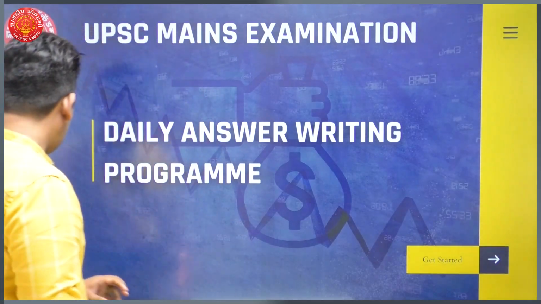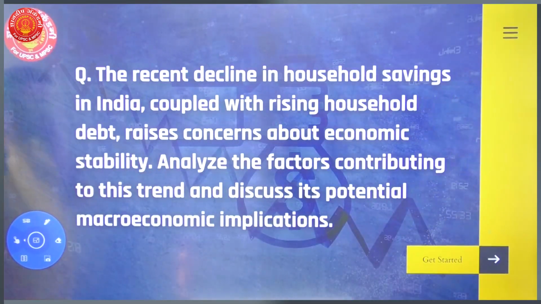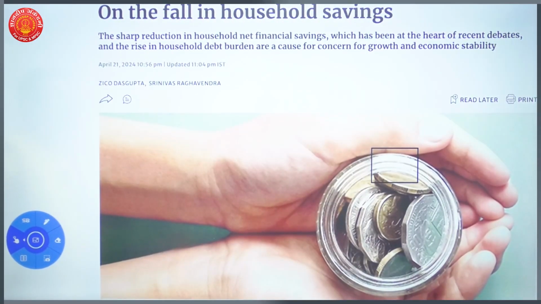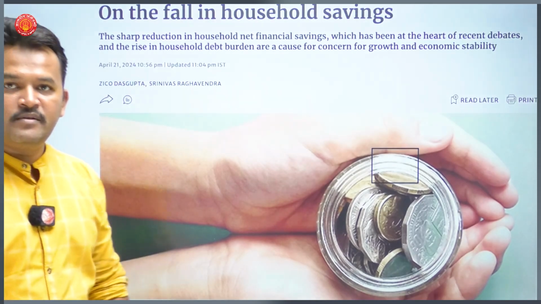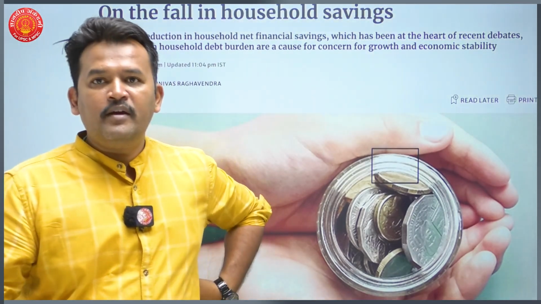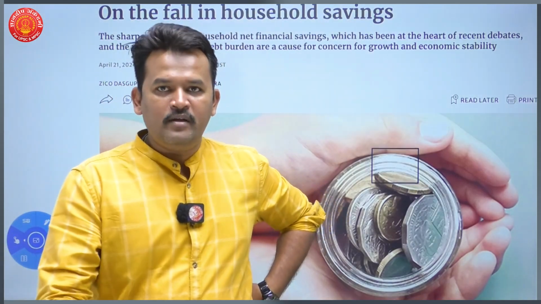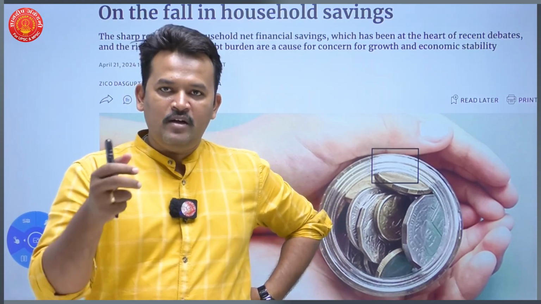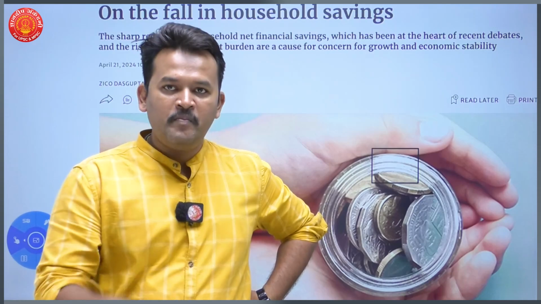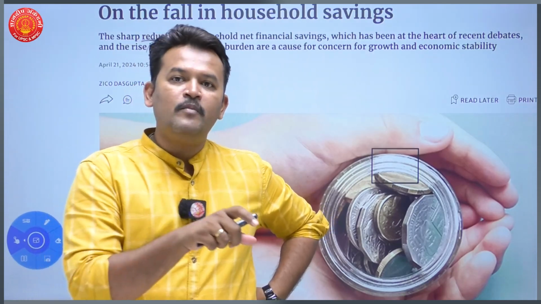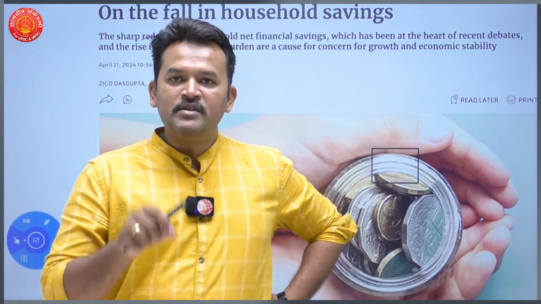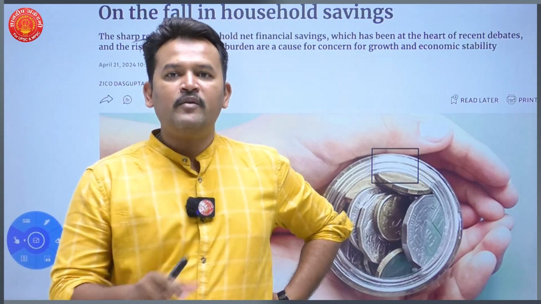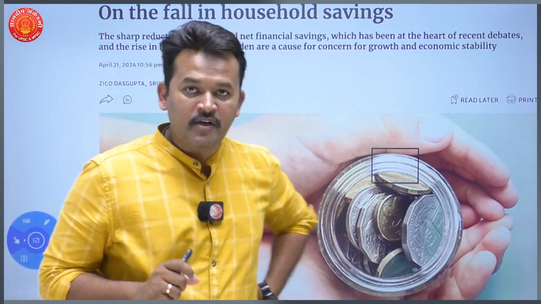Today we are going to discuss one interesting question. The Hindu has published one article, right? In this article, they are discussing the decline in household savings. In this particular article, they have shown the data of RBI. RBI recently published data on household savings, in which RBI said that our household savings are at a 40-year low. And because of that, there will be some complications in development. There will be some complications in economic growth. So how will this overall affect our economy? That is what we are going to discuss in this particular question.